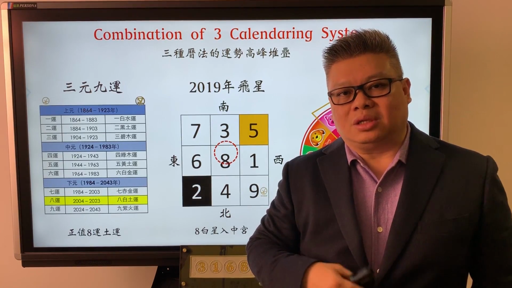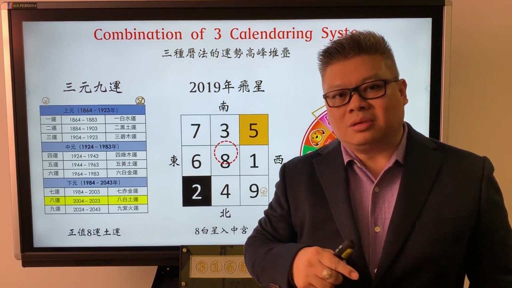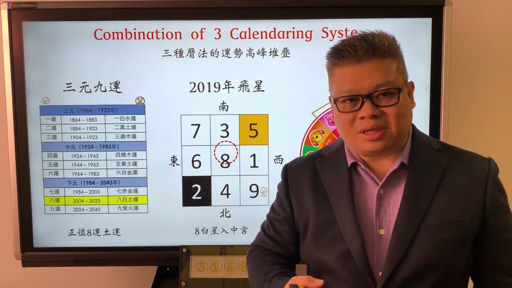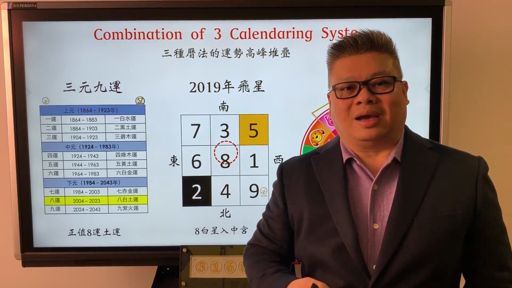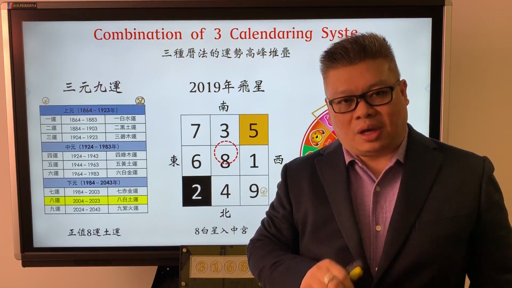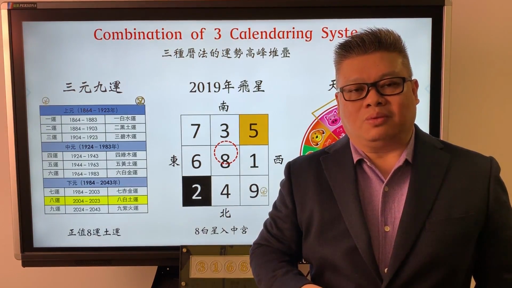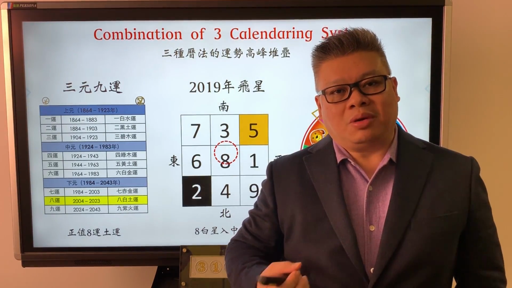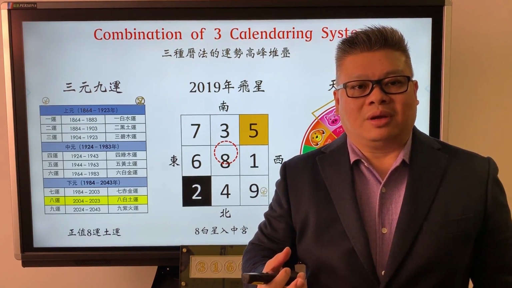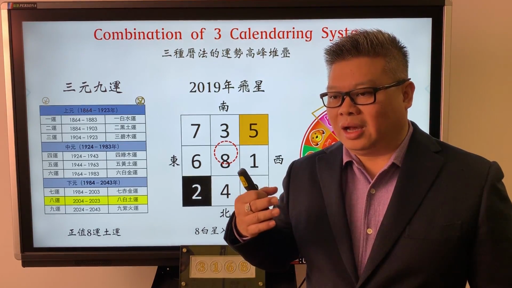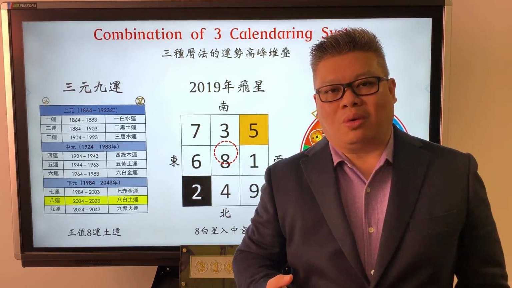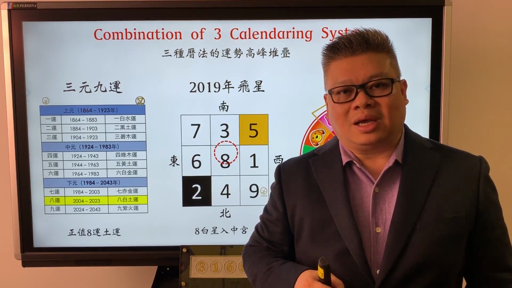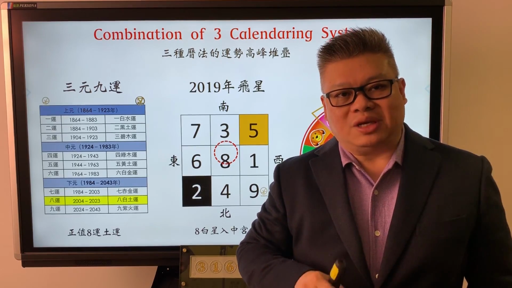The first time is in 2010, which is the year of the metal tiger. But in 2019, the year of the pig actually kicks in after February 4th, and this pig falls under the element of earth. So the earth element is coincidentally also the element of period 8, whereby 8 itself, under the 后天八卦, which is the 八卦 that we use to position all these flying stars, is in the northeast position.